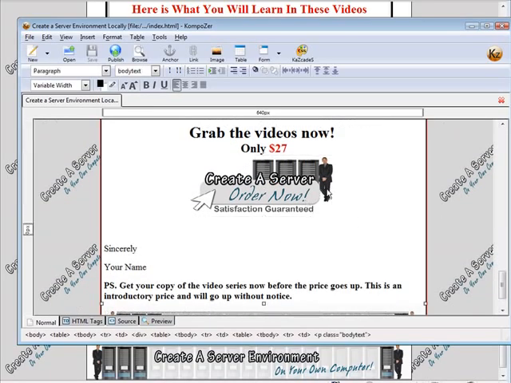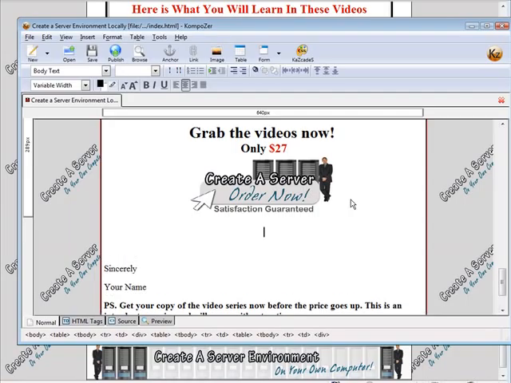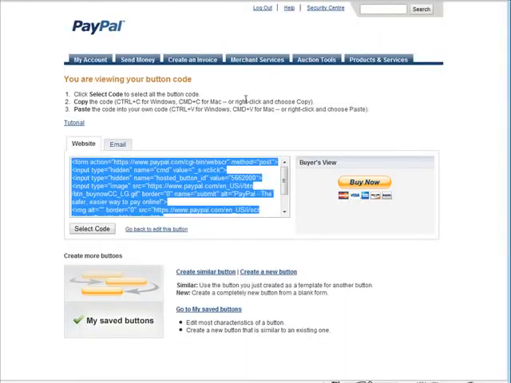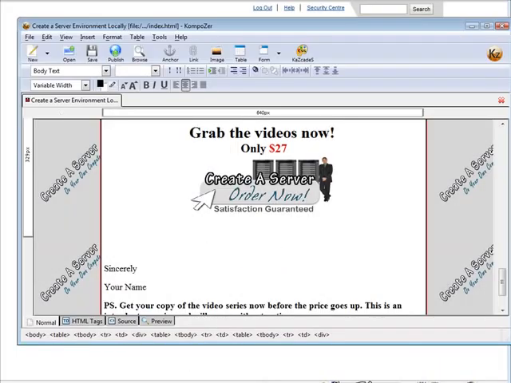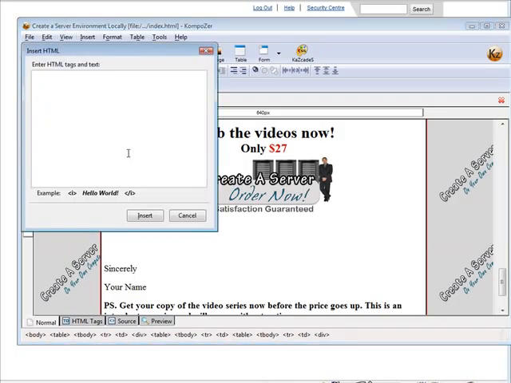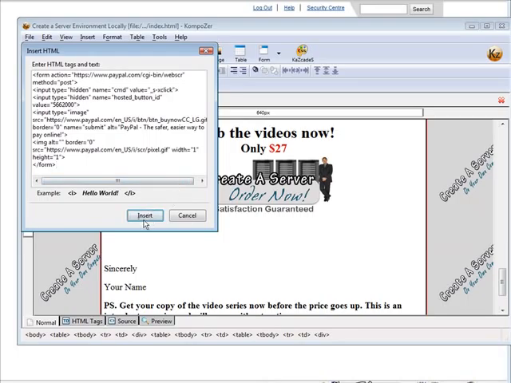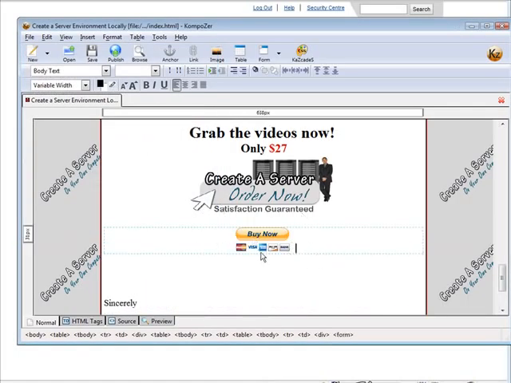So let's put the PayPal right underneath here, the PayPal code. So we'll go grab our PayPal code again in case it's not in our clipboard. And we'll come back in here. And then all we do is we do insert HTML, paste the button code in, and click insert. Okay, and as you see, it inserted the PayPal standard button. But what we want to do is replace that with this button. So let's go and have a look at the source. If we just click here and look at the source,